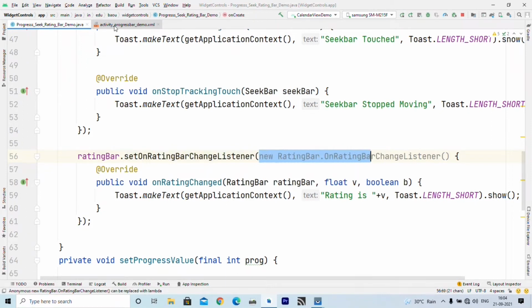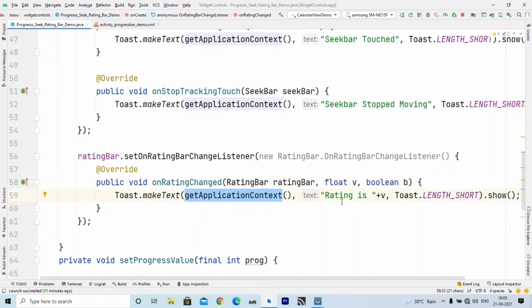we have to write an instance of new OnRatingBarChangeListener, and there is only one method, onRatingChanged, right? Now it provides three arguments: the rating bar itself and the value which is selected by the user. Inside the toast I write "Rating is" and v is the value of our rating.